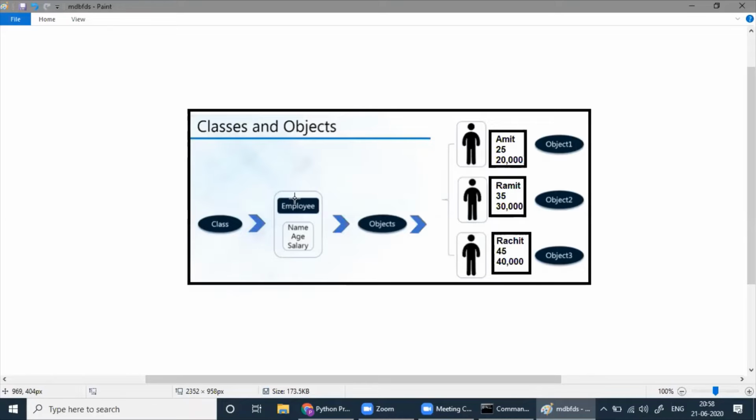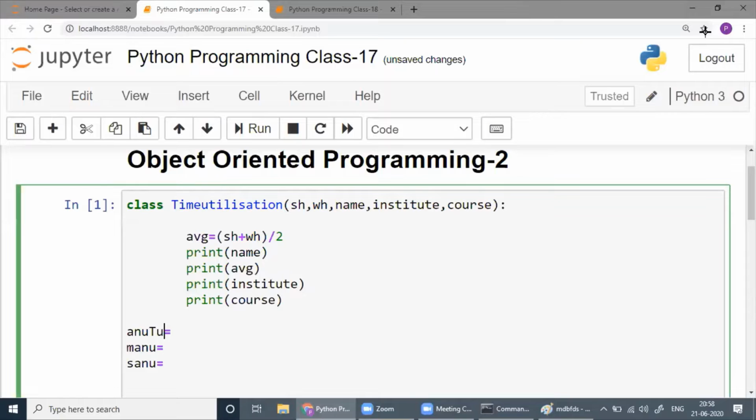The class is Employee here. So if you name that way, I mean, we started in the first or second class, that's a separate thing. But if you write that way, then it will always be easier to correlate. Then Anu's time utilization, Manu's time utilization, Sanu's time utilization.